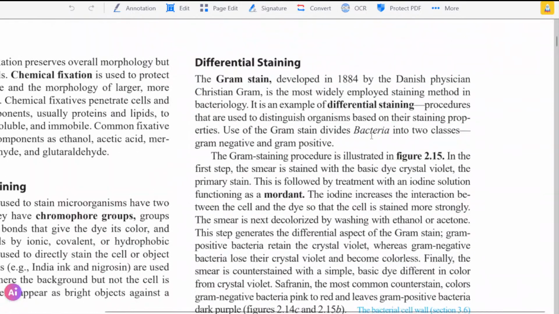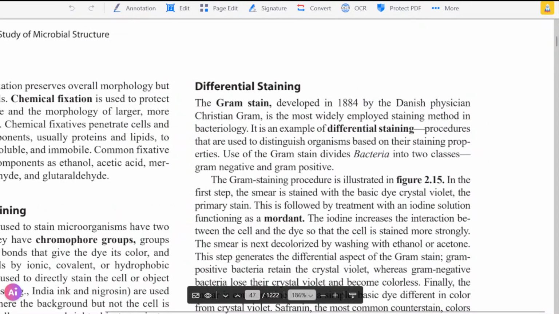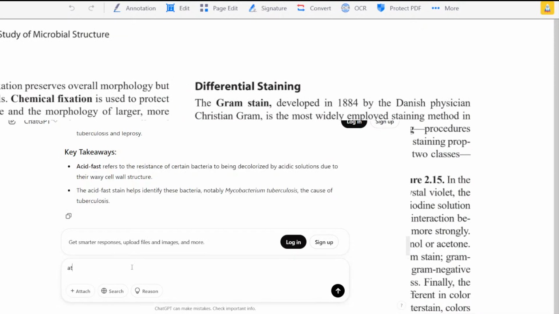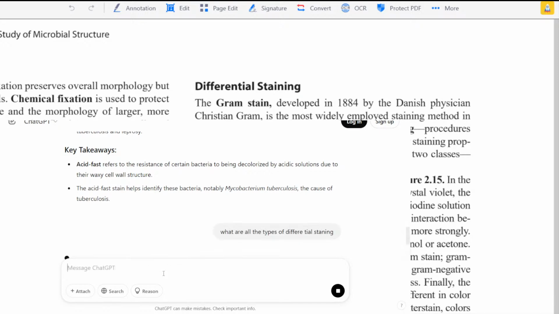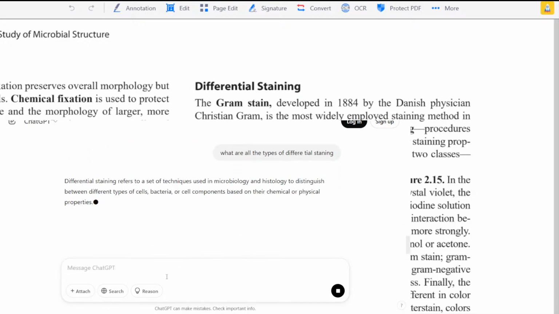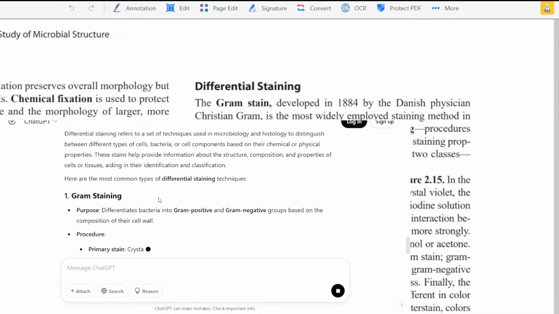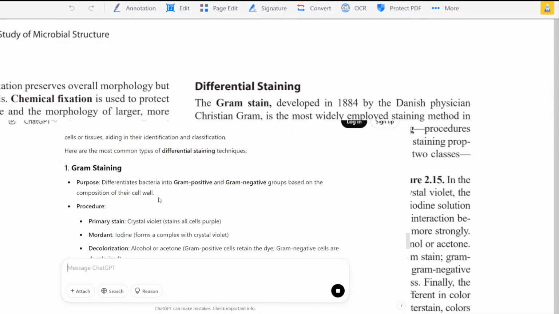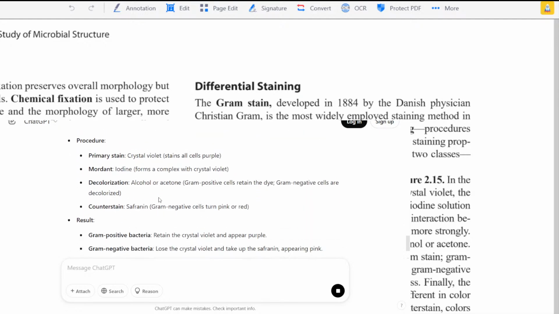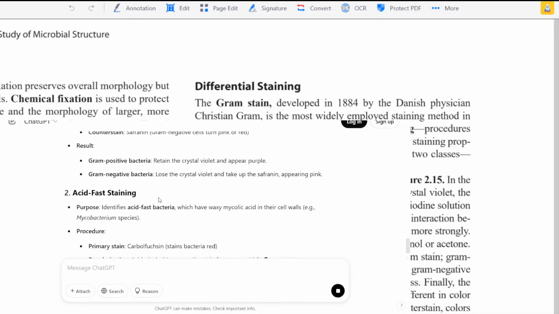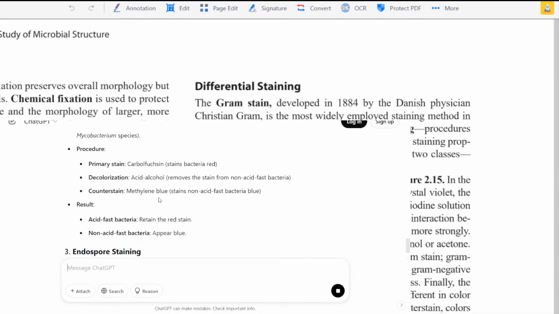By the way, I am curious about if there are any other differential staining. What are all the types of differential staining? Forgive my spellings because I don't care about that. So gram staining, they didn't have to explain. Don't explain to me. Just put the names, guys. Just put the names. Primary stain,